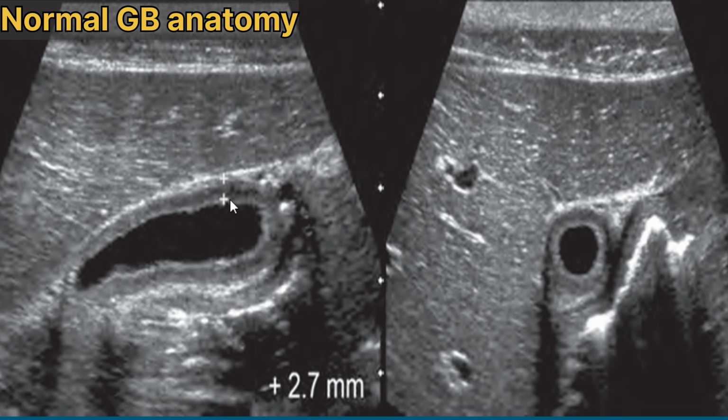Now this is the magnified view that shows the contracted gallbladder lumen, and it measures about 2.7 mm in wall thickness. As the gallbladder is partially contracted, the wall appears thick, although it measures just 2.7 mm. And this is the corresponding transverse view of the gallbladder. This view shows the echogenic layer, that is the mucosal layer, and its outer hypoechoic layer is the muscularis that surrounds the mucosal layer of the gallbladder.